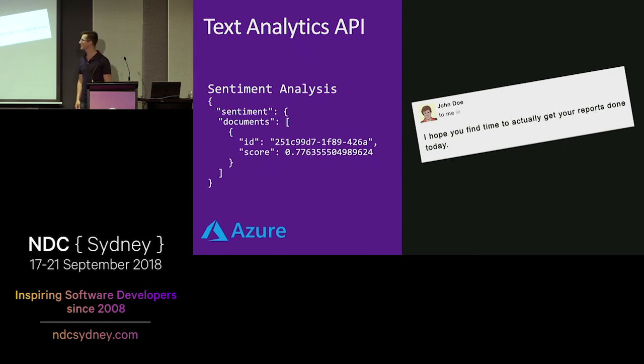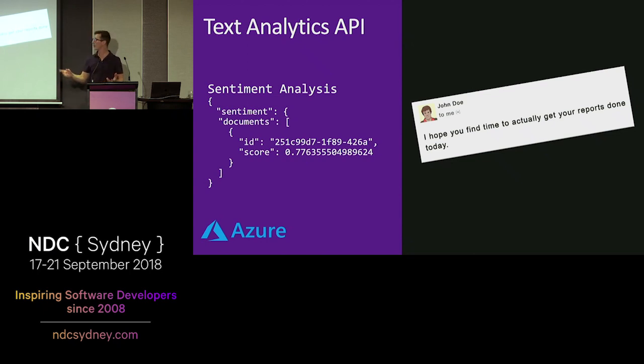Once I calmed down, I was like, you know what? What if I just upload it to the sentiment analysis on the Text Analytics API, and let's see what it says. So I did that, and it came back with these results. So I got back a score of 0.776, or 77.6%. And what does that mean?